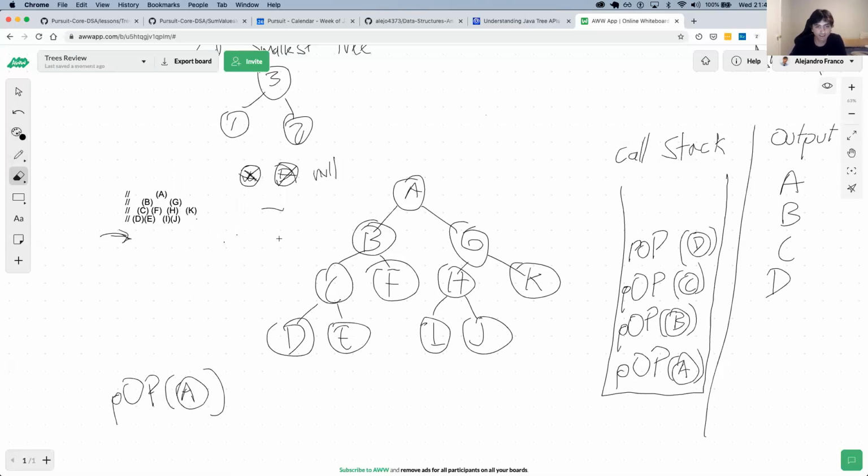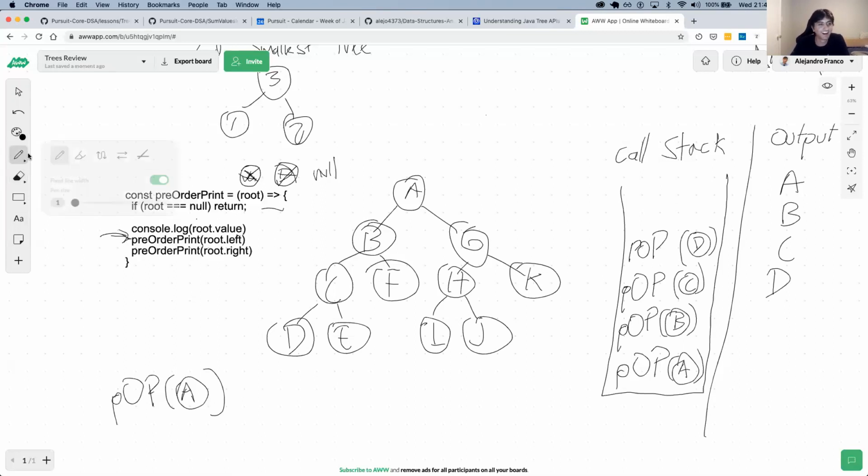It went on the left and it went on the right, and those now returned. Then the function we called for pre-order print on D finally finished. There are no more lines here, nothing else that needs to execute. So it finally finished.